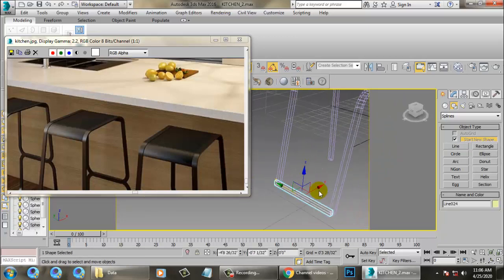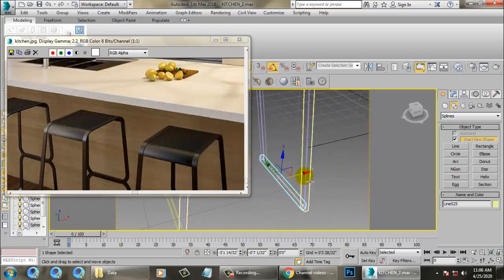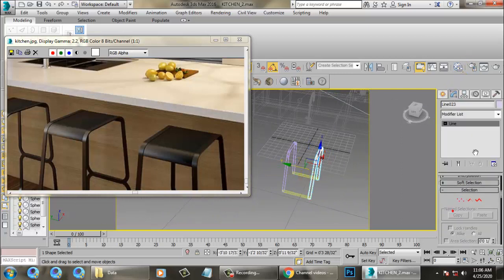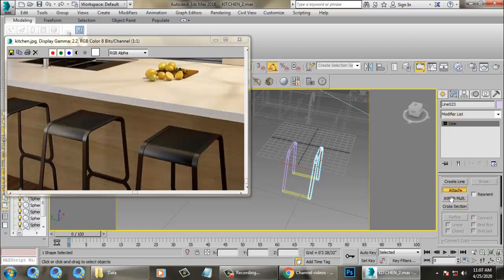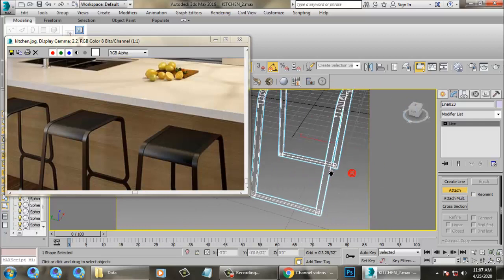Select this line and make a copy of this line before we do all this stuff. After that, I'm going to select this and attach all of this.